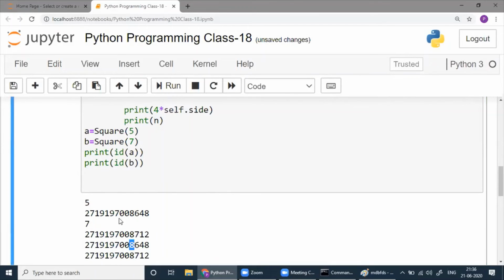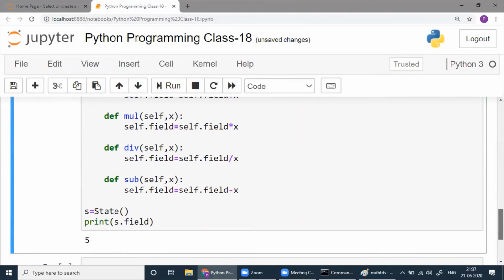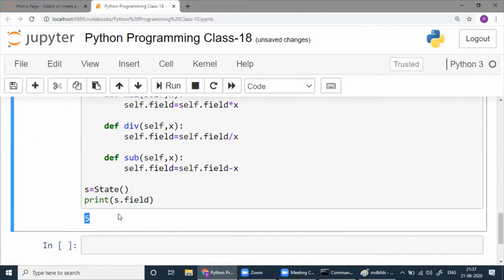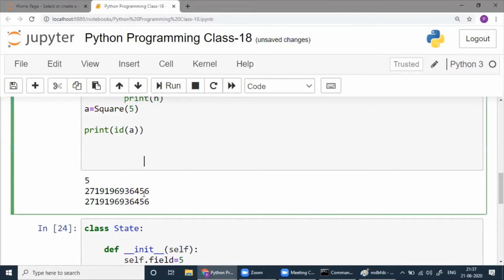So what happens is whenever you create one, to make things easier, let me cut this one and cut this one. Forget about the 5, whatever you got. Oh, here you got 5. Forget about that. Now check whether the IDs are the same or not. This is a verification.